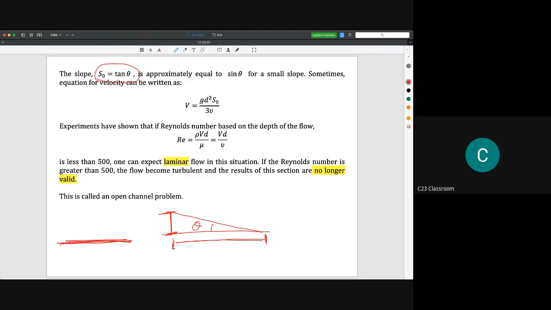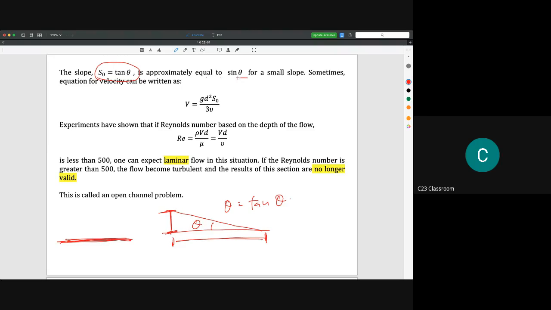So in some textbooks they will say that sine theta here is equal to tangent theta. So that's the meaning of this one, because sometimes we could assume that sine theta is equal to tangent theta. If you read a lot of textbooks, you will find that in some